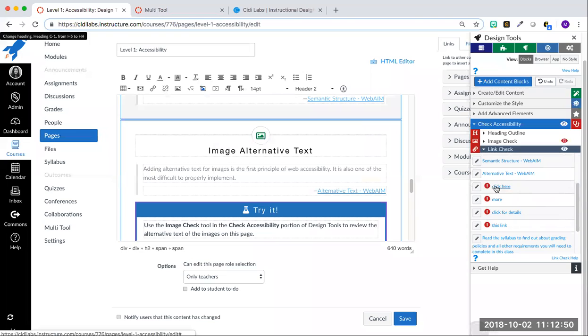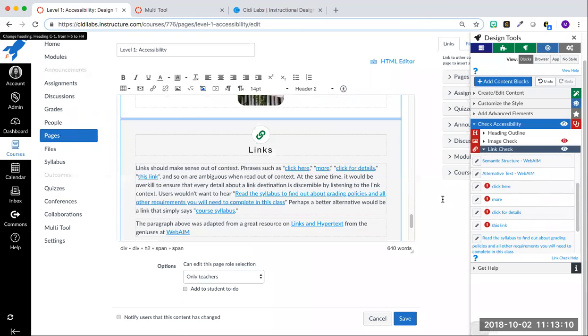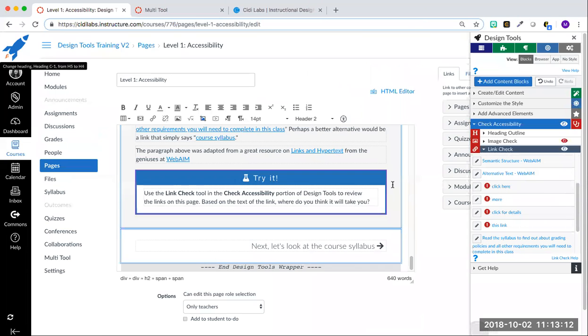And then we get down to some of these that have the red warning icon. It would read: link, click here, link, more, link, click for details. These are not at all helpful for your students. And we find that faculty members use link titles such as this all the time. Now, if I scroll down to the paragraph where these are housed,